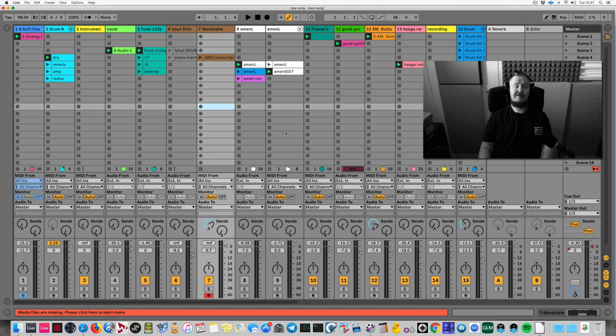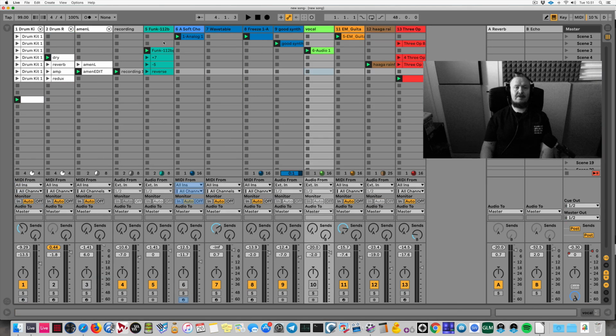Alright, I think it's time to make some music and use the session view and its scenes. But before I go any further, I am going to do some color coding because my project is a little messy and I like clean projects. So I'll give these some colors and then move on. Alright, so I did do some color coding because I like to keep my projects kind of clean, and it